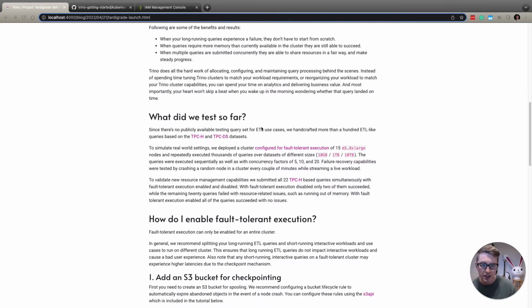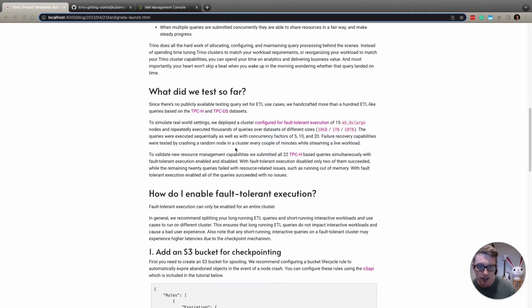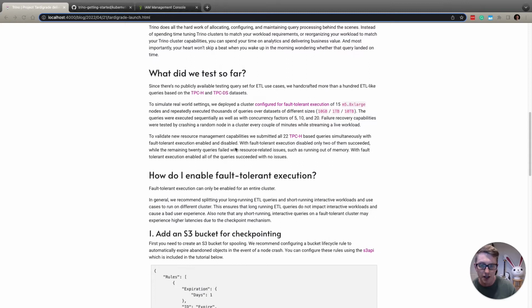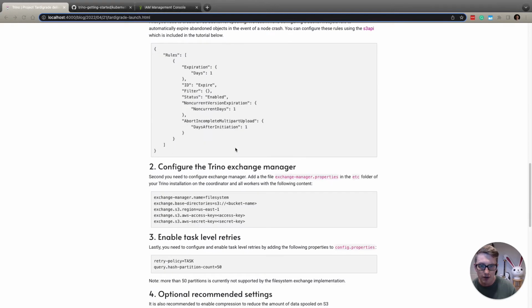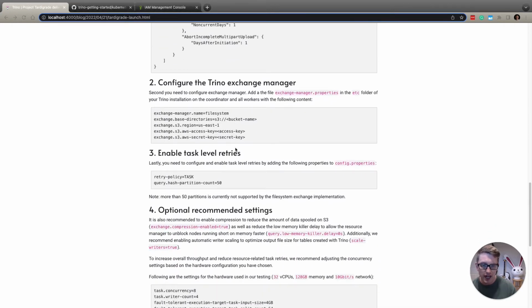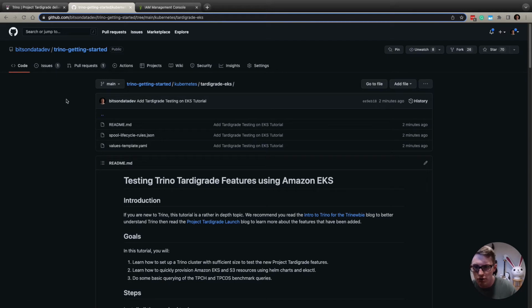So we've done various tests using TPCH and TPCDS, and we wanted to open this up to the general public now to start having you all do your tests. So here I am today talking about how we actually set this up. The blog does go into a fair amount of detail here, but we wanted to actually have a valid set of steps. So within this blog, we've nested this repository, and it's called the Trino Getting Started repository,